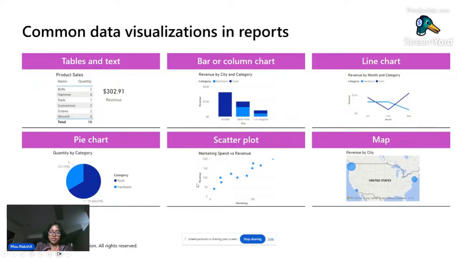A scatter plot can also show how much is the spend versus revenue, like how much money I'm making and how much is the marketing spend. Suppose a company is doing marketing advertisement, that's an expense, right? So if I'm doing my product marketing, is that really translating to additional revenue or not? Those types of things you can visualize through a scatter plot.